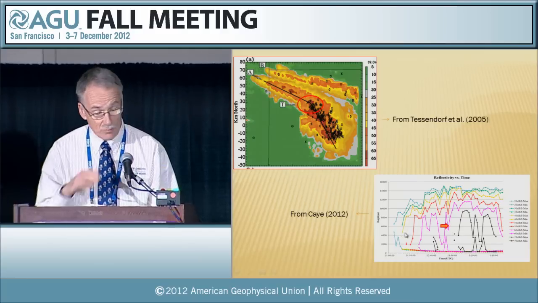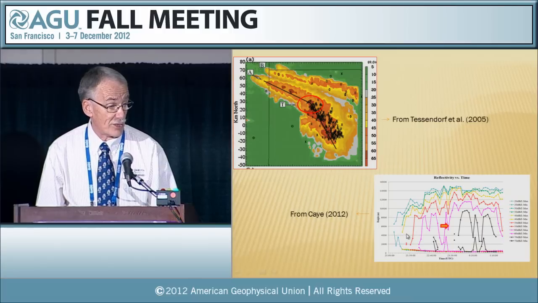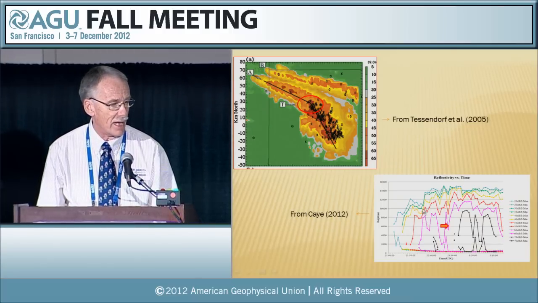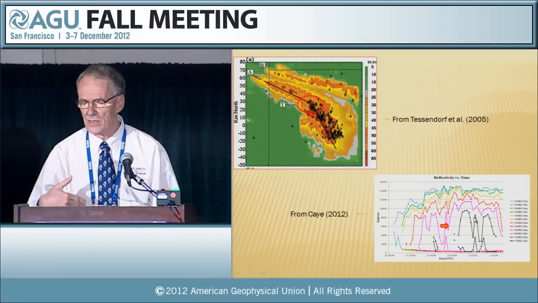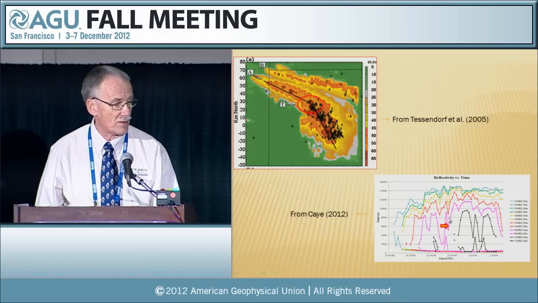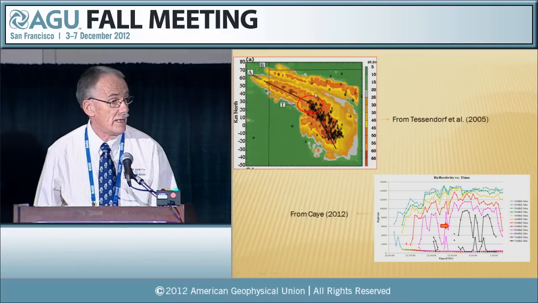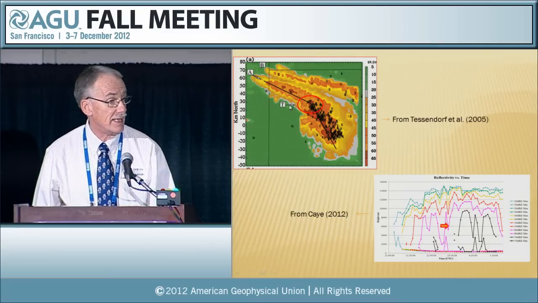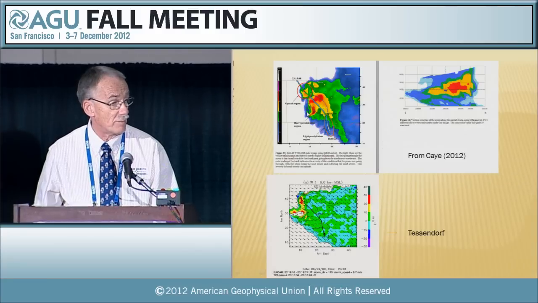If you look at some work that a student working with me, Heather Kay, did last year, this is an echo time-height diagram, and you can see the echo fluctuating as the storm intensifies, decays, intensifies, and decays. The part of the storm we're going to look at occurred right in here as the storm was intensifying, and it was turning to the right here, becoming a true supercell, and there was a tornado coming out of the base at the time.